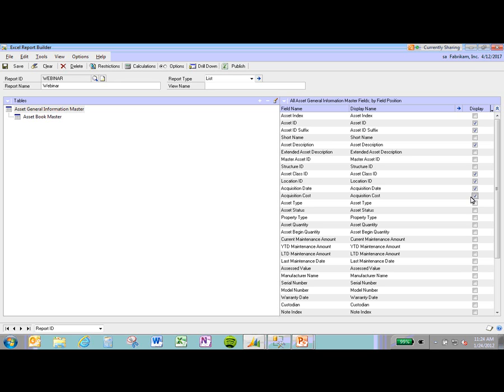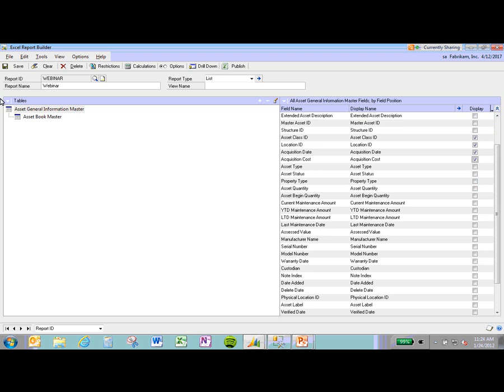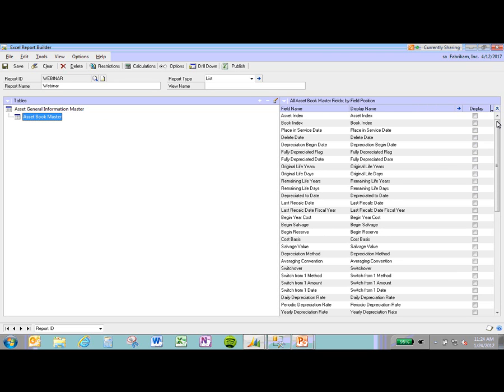and then if you scroll down just a little bit, what you can see is there'll be obviously some more choices here. But let's go ahead and look at the asset book master, and we're going to select the book index, the place in service index, depreciation begin date, original life years and days, depreciation to date,